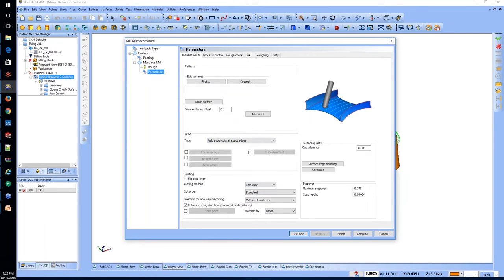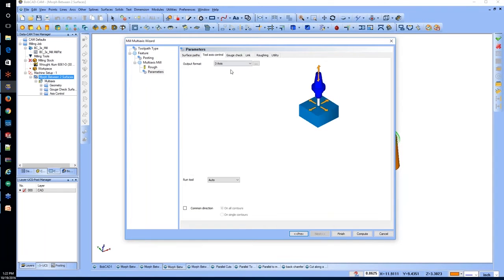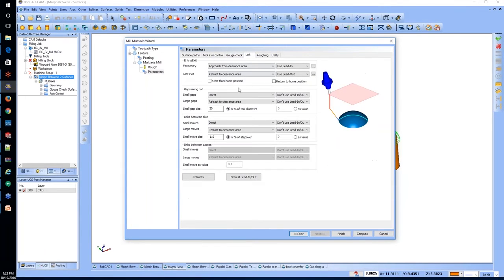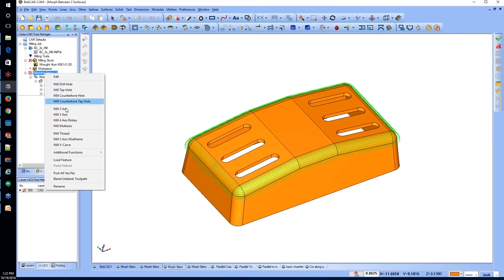You have a one-way cut direction, and then you have your step over percentage here. And then under tool axis control, it is set to 3 axis. And then you have gouge check, linkage, and the linkages are just set to the basic standard, okay? So what's kind of neat with these particular scenarios, if we go in and we add in a